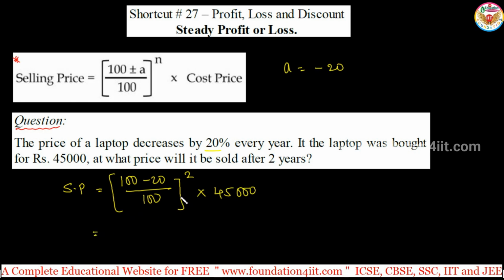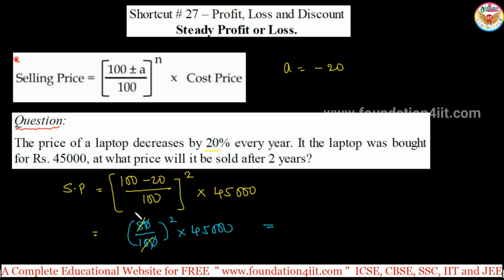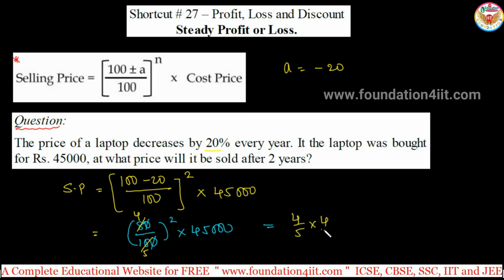Just if we simplify, we'll get the selling price after 2 years, the price at which it should be sold. You can apply it: that is 100 minus 20, 80 by 100, whole square, into 45,000. Now you can simplify this. 80, 0 cancel. Again 2 table, 2 4s are 8, 2 5s are 10. So 4 by 5 whole square, that is 16 by 25, or else write 4 by 5 into 4 by 5, 2 times,